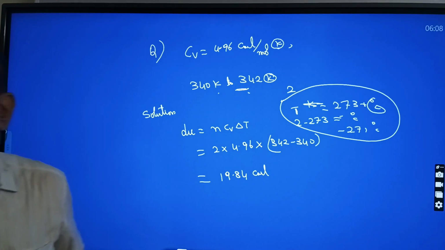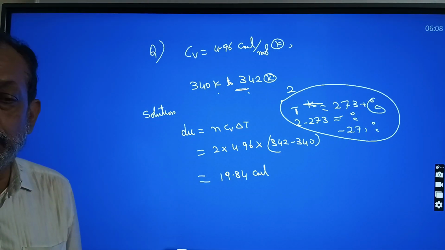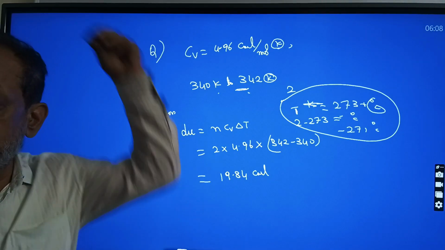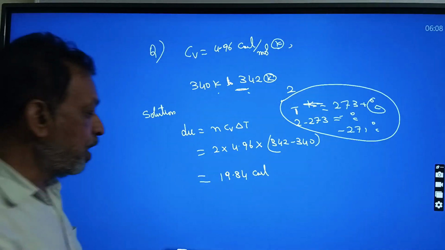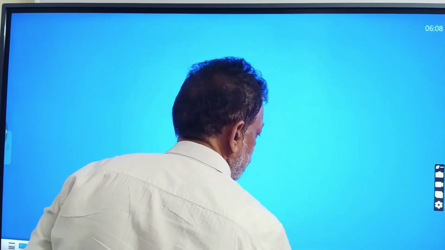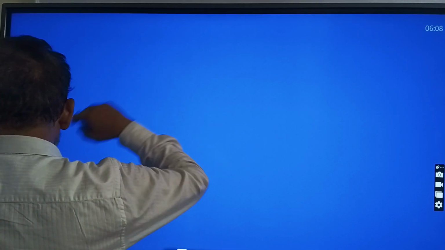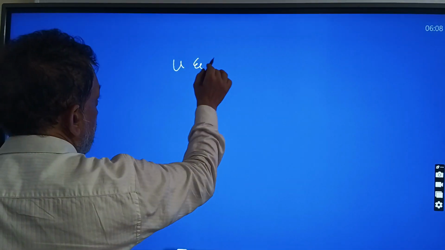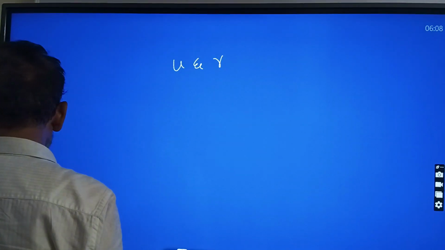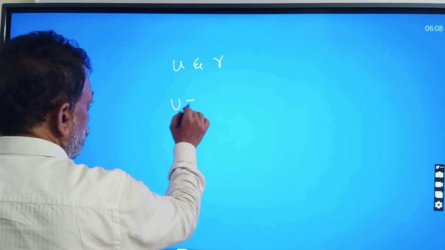the internal energy U and the adiabatic constant gamma. The relation between U and adiabatic constant gamma is what they are asking. Now U is equal to